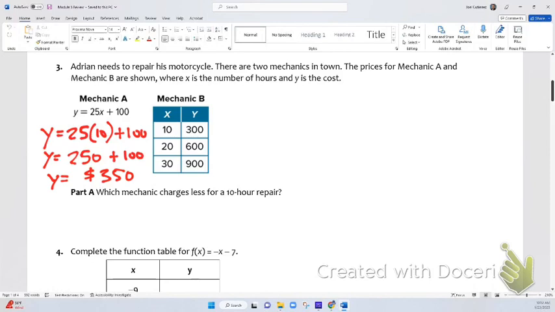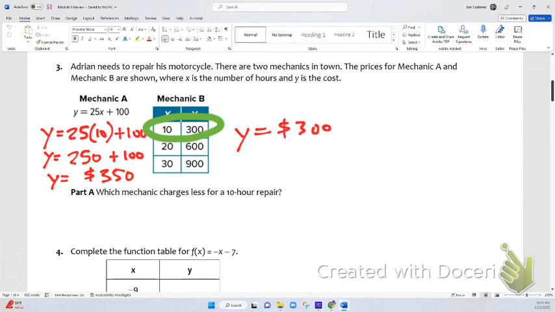For mechanic B, when they are working on it for 10 hours, you'll notice they are going to charge Adrian a total of $300 by simply looking at the table, because it was already given for us. So for mechanic B, they're going to charge us